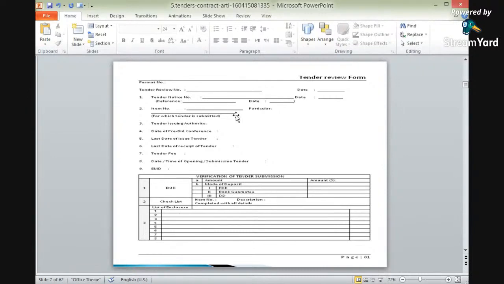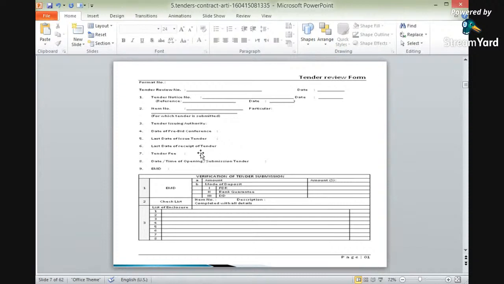Again, the item number is also important. There may be several items of work to be carried out. Again, the tender issuing authority, whether it is the PWD department, CPWD, or the irrigation department, has to be mentioned. Date of pre-bid conference is to be mentioned here, along with the last date of issue of tender and the last date of receipt of tender,